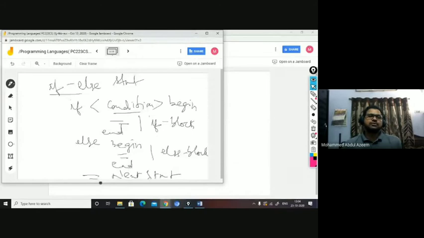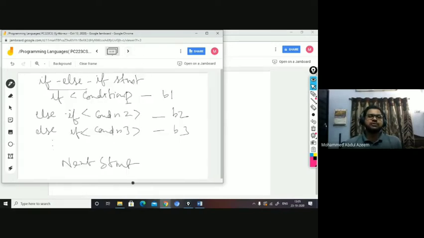In if else, if you look at the operational semantics of if else, if the condition is true, then it will execute the if block, right? If the condition is false, automatically it goes to the else block and then executes, right? So when the condition is true, after executing the if block, it doesn't go to the else, it directly comes on to the next statement. When the condition is false, it doesn't go to the if block, but it comes to the else and then comes on to the next statement. This is what its operational semantics is.